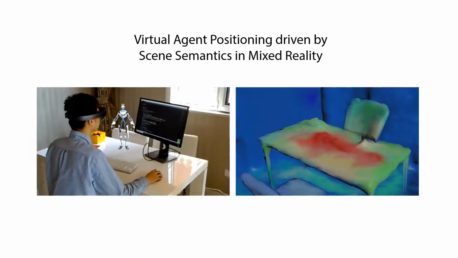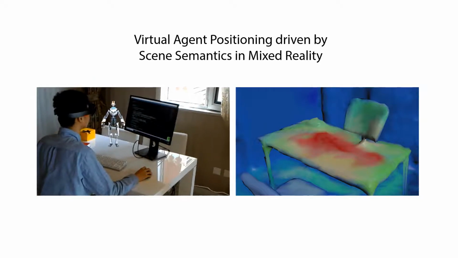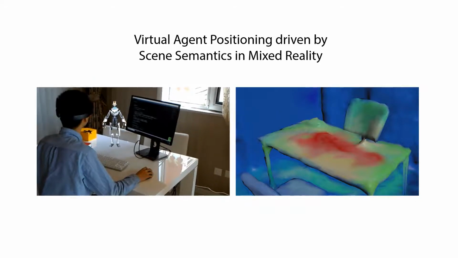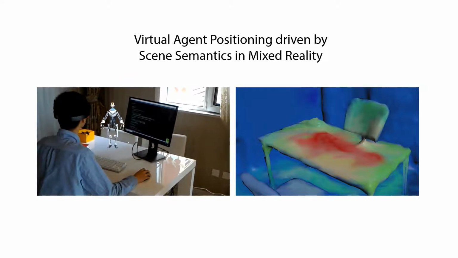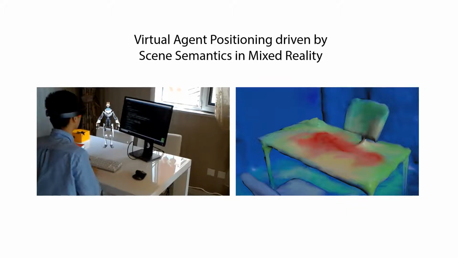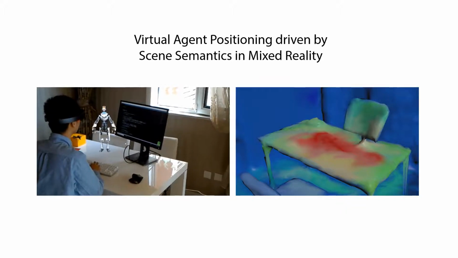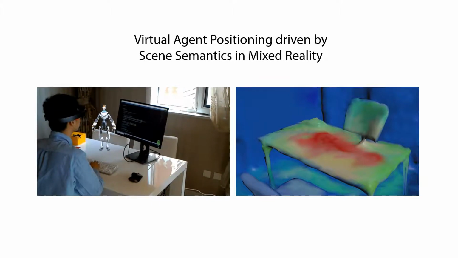When a user interacts with a virtual agent through mixed reality devices, it is necessary to consider the semantics of the scene in the real world to position the virtual agent. It may help to avoid unnatural interaction experiences, like a virtual agent floating in the air when being interacted with. In this paper, we propose a novel approach to use the scene semantics to guide the positioning of a virtual